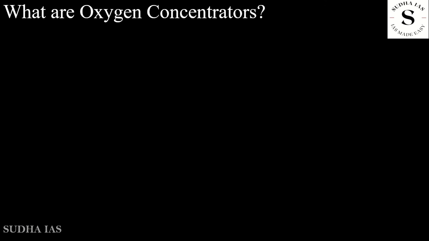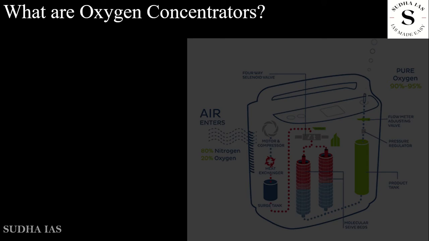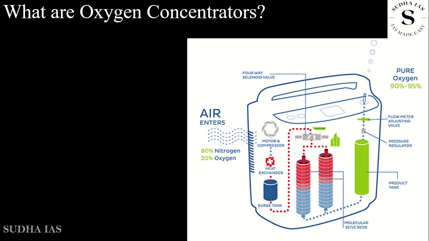So, what does an oxygen concentrator do? It simply increases the concentration of oxygen that you breathe in up to 80 or 90%. Earlier, oxygen made up only about 21% of the air that you breathed in. But with the help of a concentrator, you are breathing in air which is mostly oxygen. 80 to 90% of the air that you're breathing in is nothing but oxygen. So, an oxygen concentrator consists of a compressor and a sieve, or you might call it a filter.